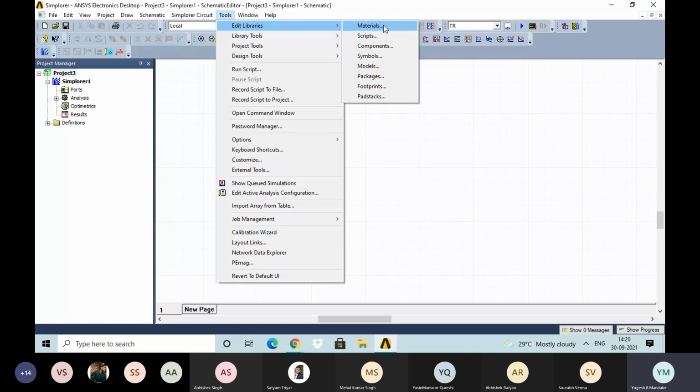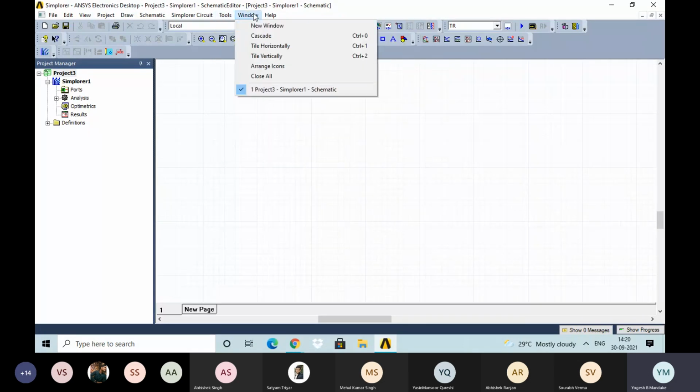And by selecting the material, you can check the performance of the machine. Then scripts, components, symbol, model, packages, footprint, page stack, such types of options are available. Then regarding the window, here you can select the new window or cascade tile horizontally. That is, options related to the windows are available.